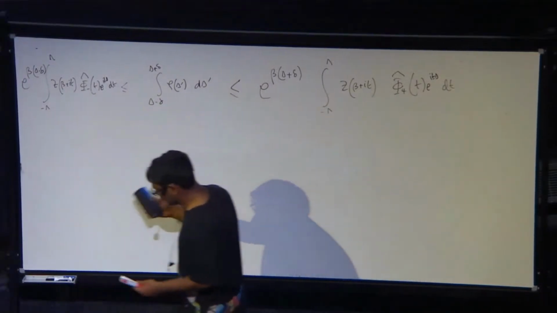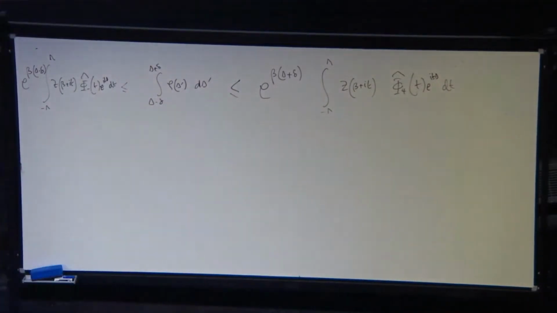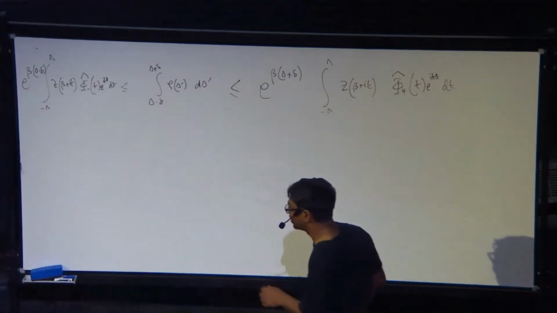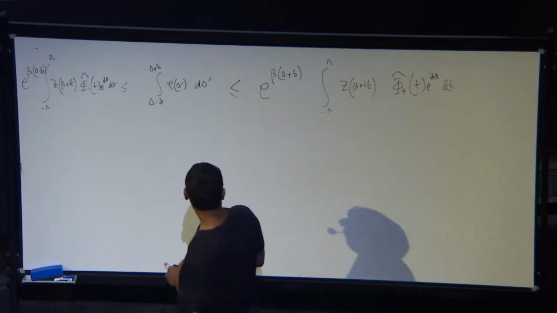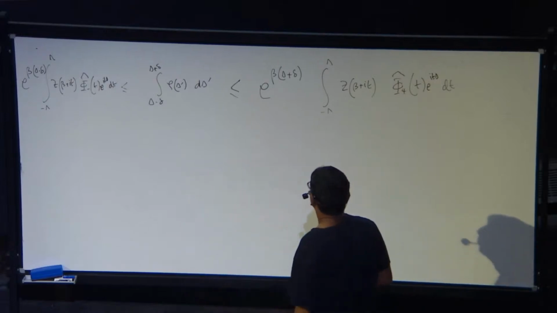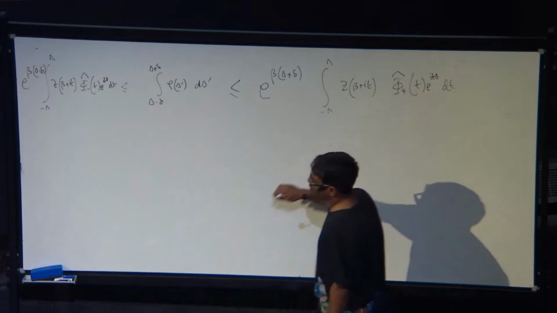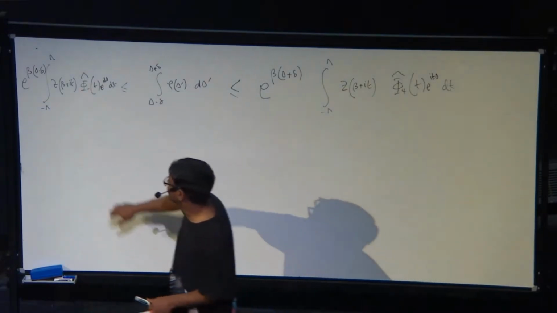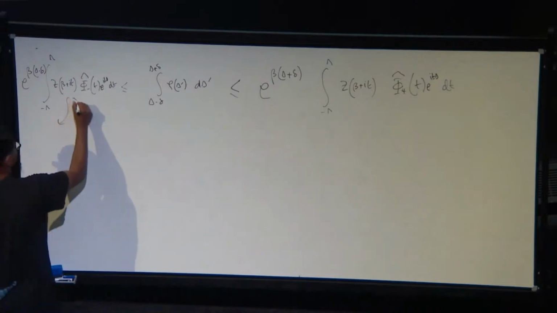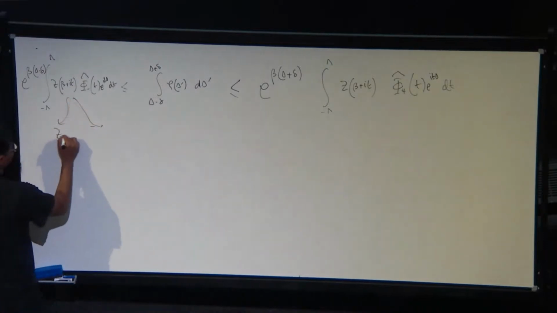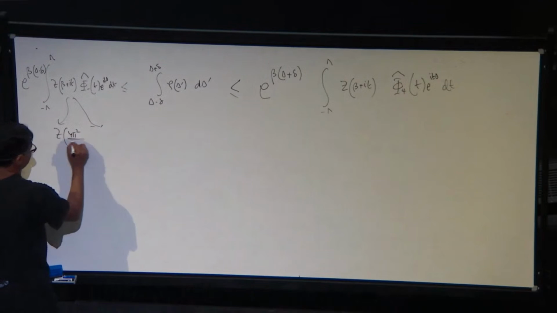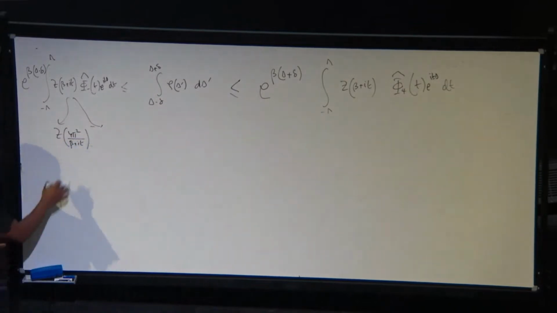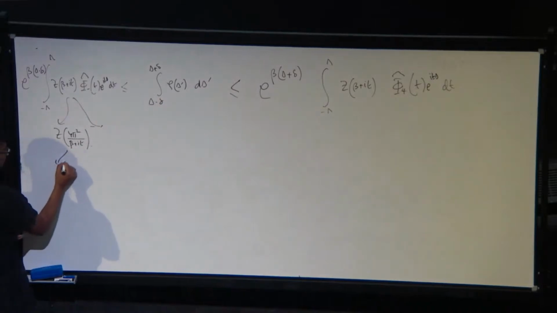And I must say that this technique of proving bounds this way is very general and appears in many places in math. So now once we have these things, our job is to estimate this integral. And the way we estimate these integrals, we basically go to the dual channel. So we write it down as Z of 4π²/β plus it, and then we separate it out in two pieces.